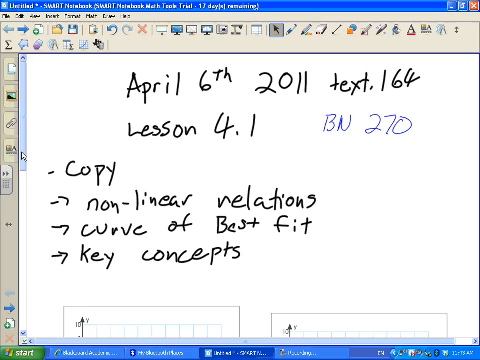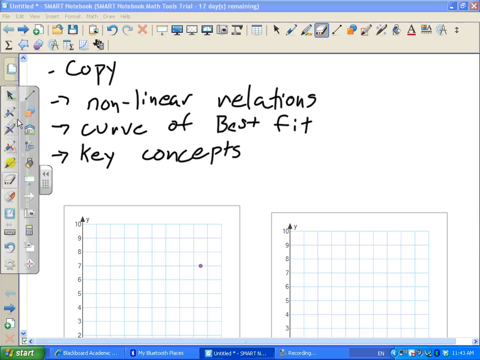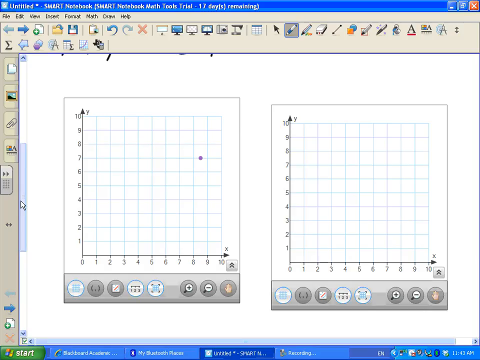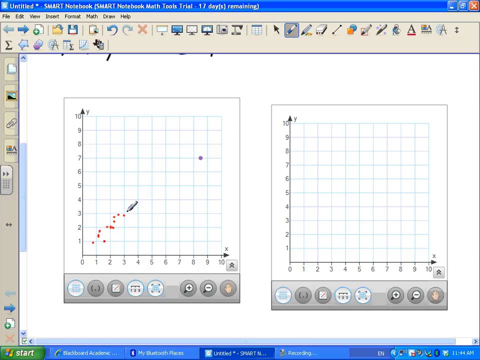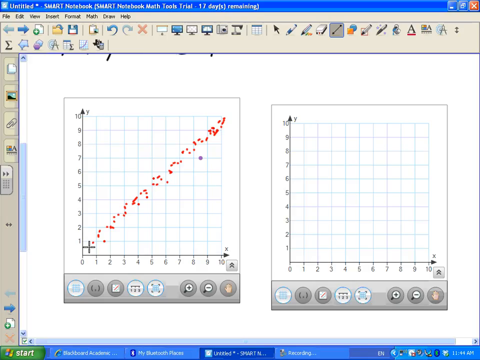Okay. First of all, we're going to talk about nonlinear relationships. And instead of directly talking about nonlinear relationships, I'm going to talk about the opposite. What would the opposite be? A linear relationship. Okay? So, first thing I'm going to do is plot some points. So, let's say this is a bunch of data I've taken. Could you call this a linear relationship? Yes. You could easily call this a linear relationship because if I made a line of best fit,